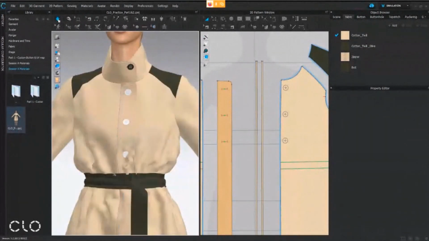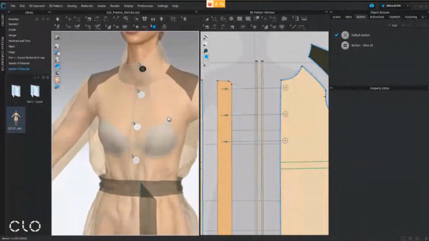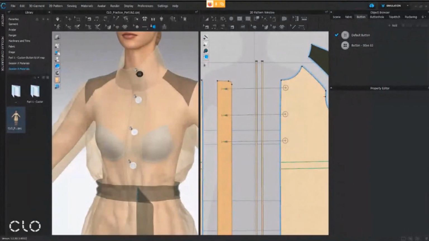So it may take some seconds, and then you can turn off simulate after it becomes stable. Okay, and then